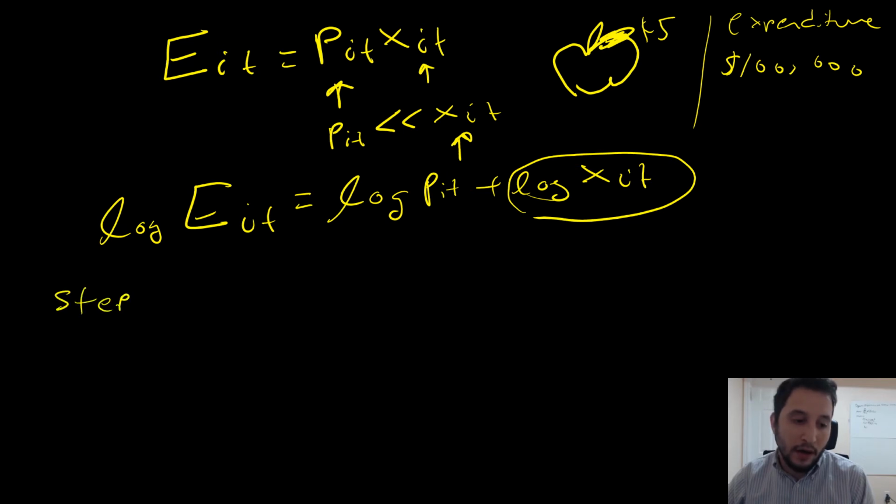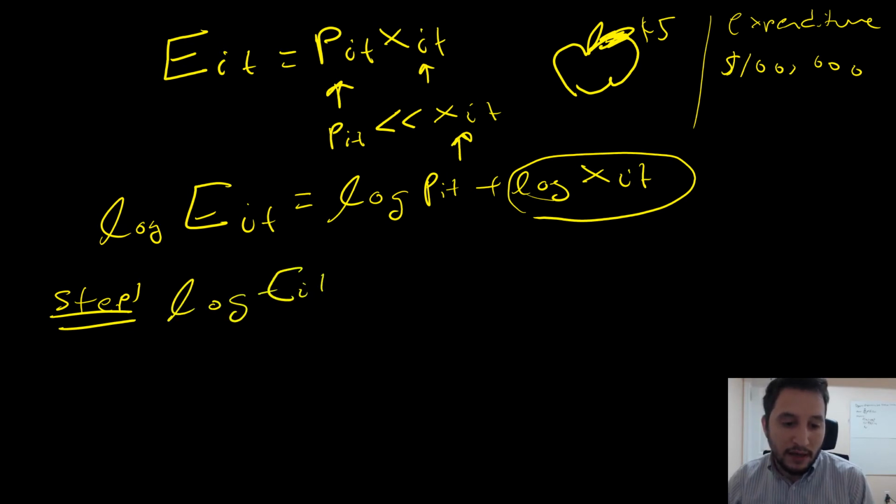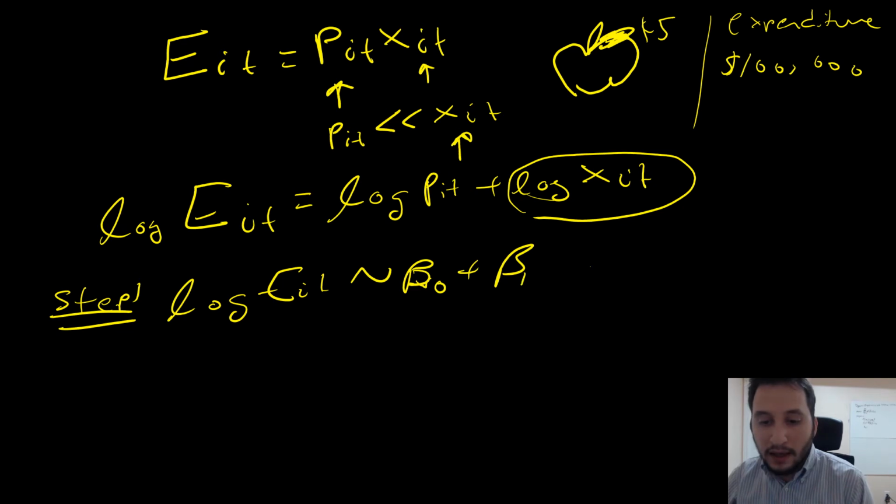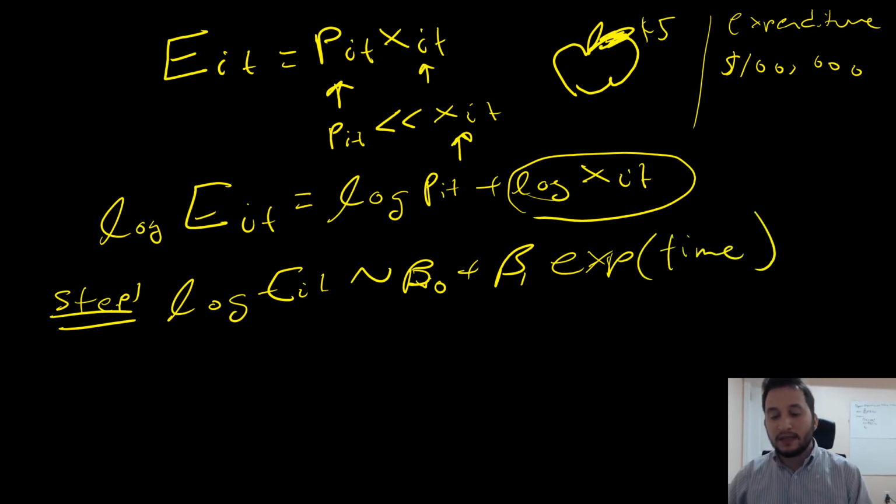So step one, I'm going to take the log of E_it, and I'm going to regress it on time. Beta naught plus beta 1, let's call it exp. And the reason why I'm raising it to the exponent of time is because depending on the data generating process that you have, if you look at your log expenditure over time, and you have something like this, the best way to decompose it is by taking this point here. And then for step 2,